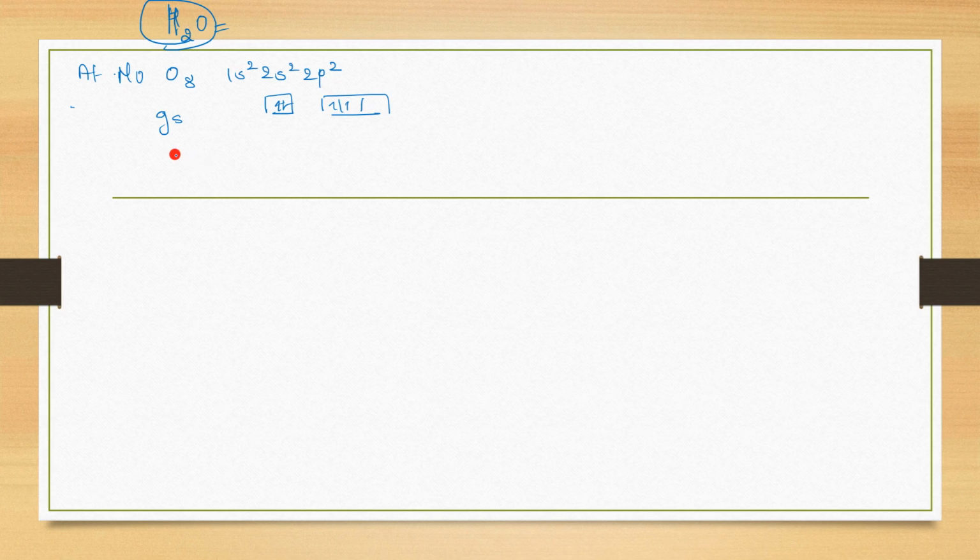Okay, then next, what did I tell you? Write the excited state. What happens in the excited state? An s electron goes to p. Sorry, 1s2, 2s2, 2p4. I'm sorry. And this is here, this is the lone pair. Okay, so the s electron is going to p, so it will go over here.